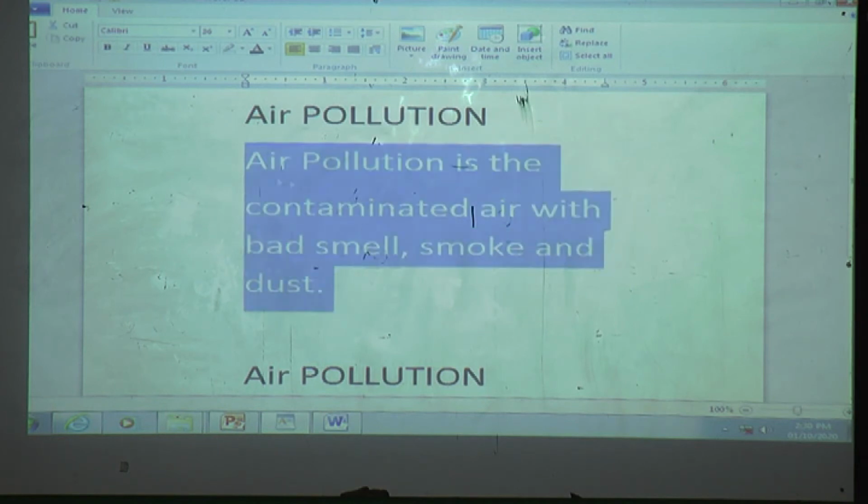Then this full area will be selected, and then we can change any effect, such as the font size, font style or font color. Otherwise, if you want to change the alignment, we can change the alignment also.